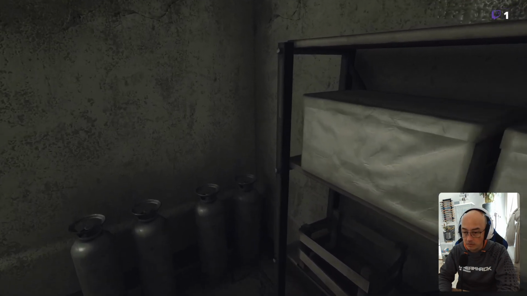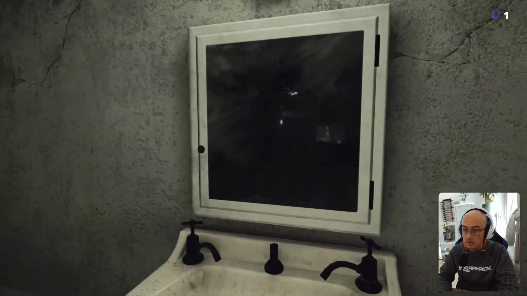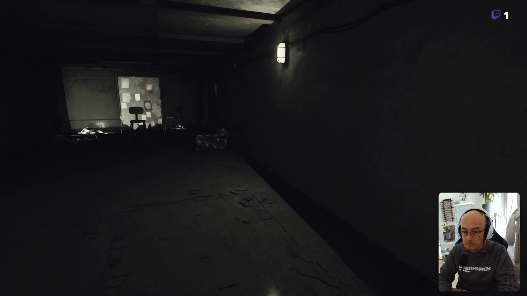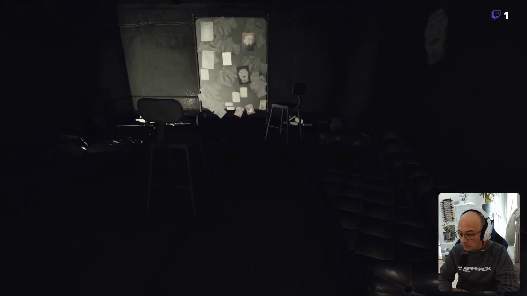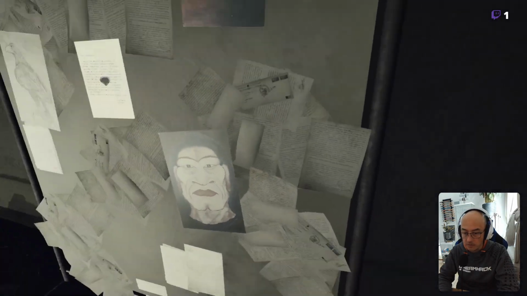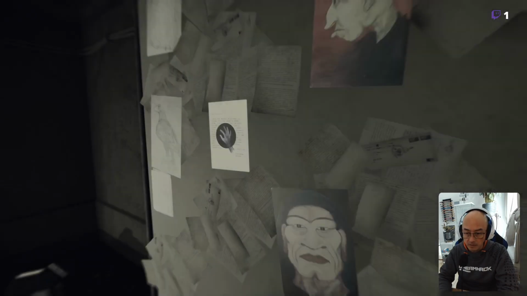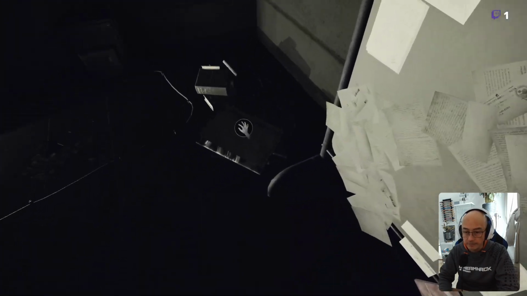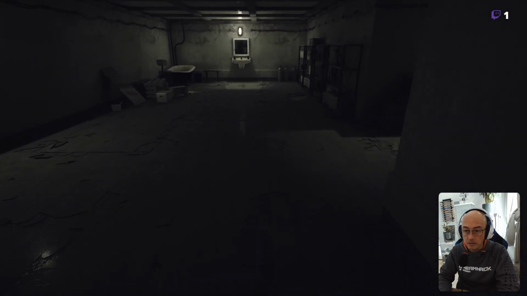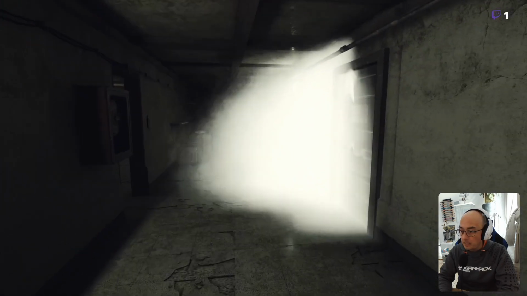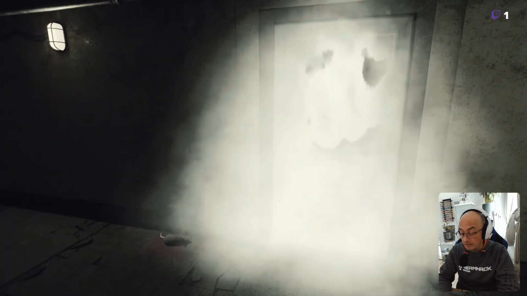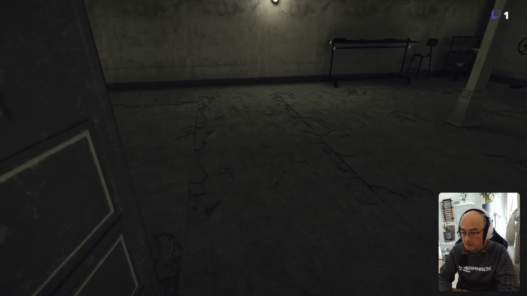Those are the fuses, all right. So we are almost ready to go back. It took a while for me to find the fuses the first time around. I was running around in circles and then I found them in that box. So now you have here a leak. I think it's just water, but anyway you can go through it.